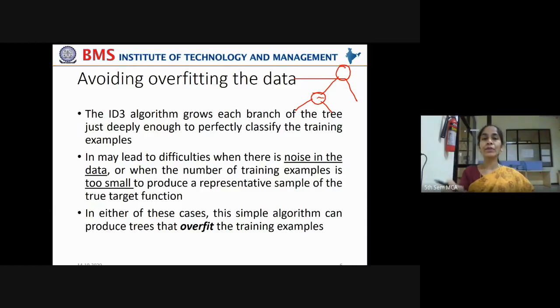Now, it may lead to difficulties when there is noise in the data, or when the number of training examples is too small to produce a representative sample of the true target function. When very few training examples are given, this decision tree can't be optimally built because it can't learn sufficiently from so few training examples. And sometimes when there is noise in the data, what will happen? Say there is an outlier. Age, instead of 20, is given as 120.